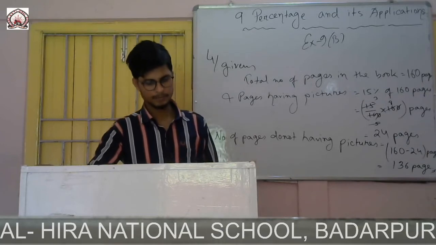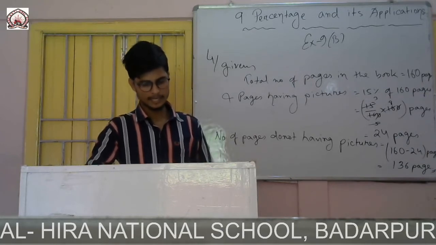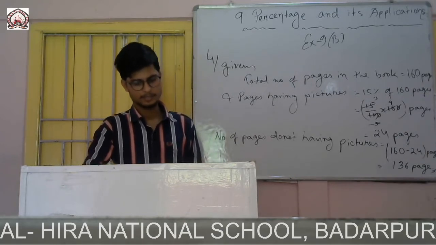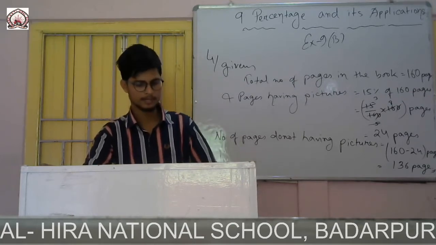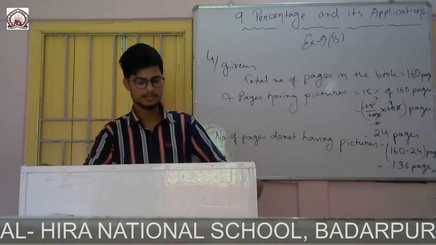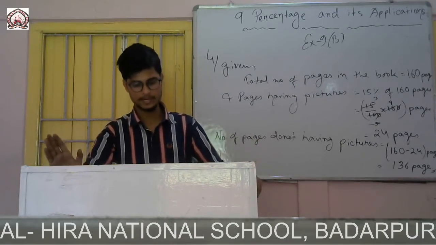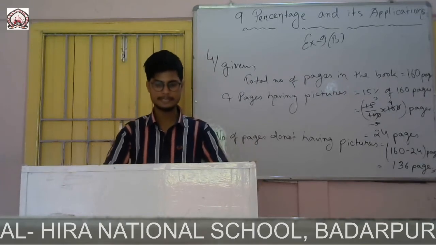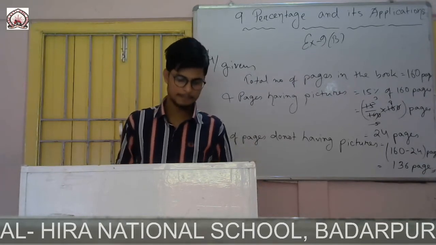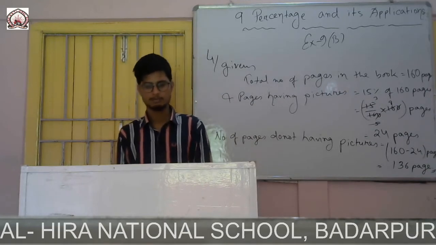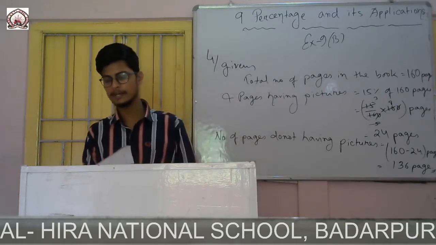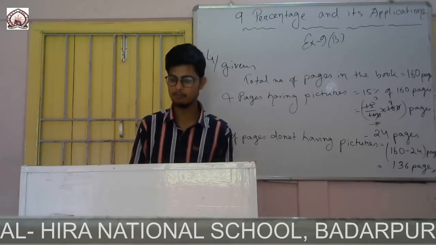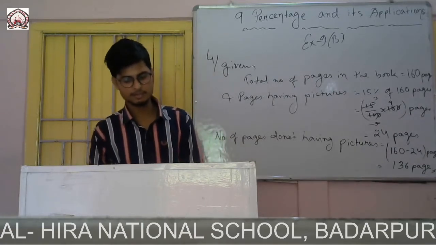Okay, now question number 5. While making a journey, I walked 12%, then ran 16%, and rode on a scooter 28% of the total distance, and for the remaining part I traveled by bus. So how many kilometers did I travel by bus? If the total distance covered is 50 kilometers, you have to find the distance traveled by bus.